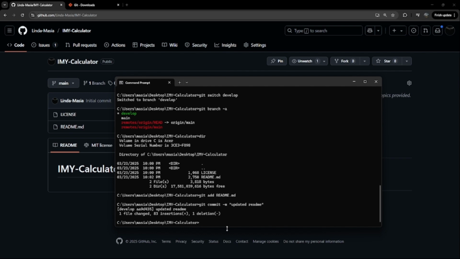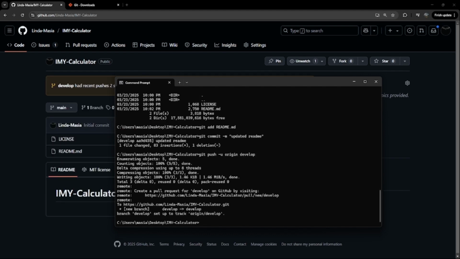And then if I'm satisfied with these changes, or satisfied with the number of commits I have, I can then push this to the origin, which is the main GitHub repository. So to do that, you just type git push -u origin, and then the name of the branch. As you can see,